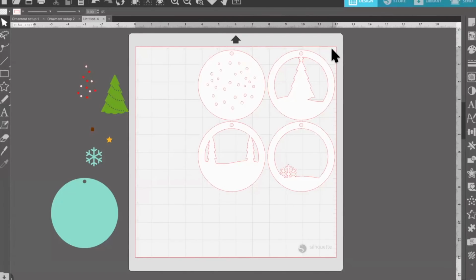Yours might not allow you to cut quite that close to the edge, and you can leave that border in. Just make sure you stay inside of that red cut border edge of your paper there. I'm going to go ahead and put my green piece up here in the top left-hand corner. And if you'll notice, if I put a piece of green cardstock here on the left-hand corner of my mat, that's about 2 inches wide and 3 inches long, I'm going to have plenty of space to cut that green